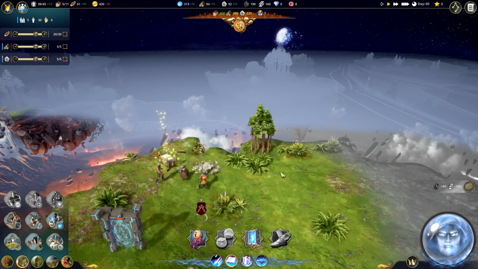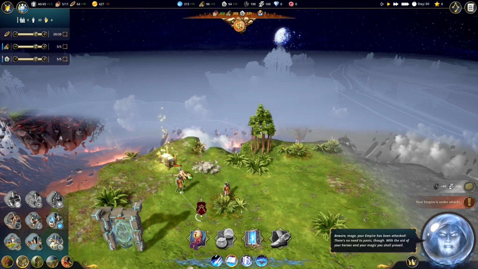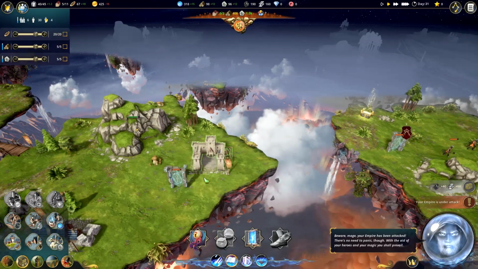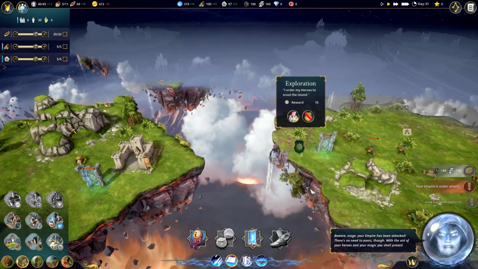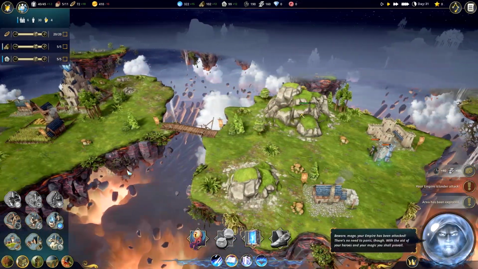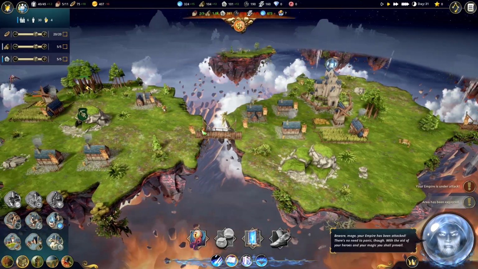If I had gone in with a little better knowledge, I think I would have had better... Our empire is under attack, or is it just us murdering this barbarian over here? Pretty sure it's just us killing this barbarian. Alright, and then we put this on exploration mode, and things should be good. Eventually, somebody should come over here and take care of this for us. I hope. My explorer seems to be...